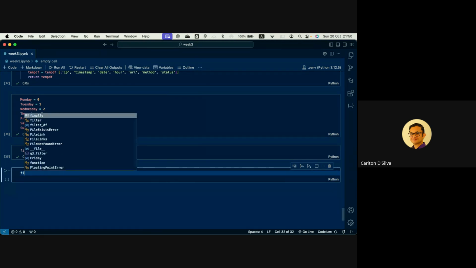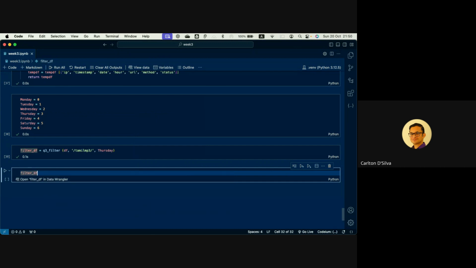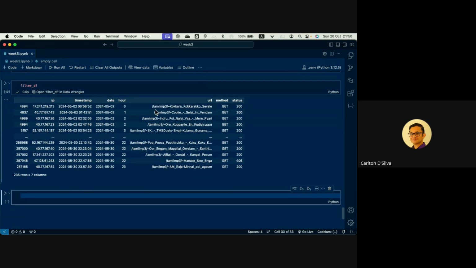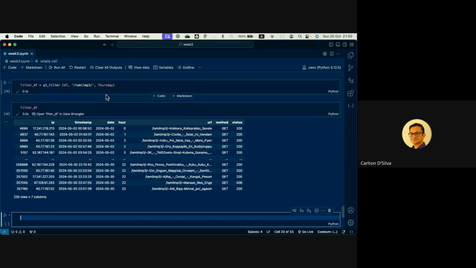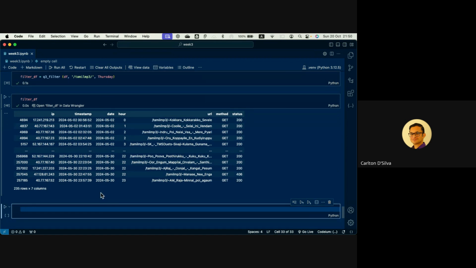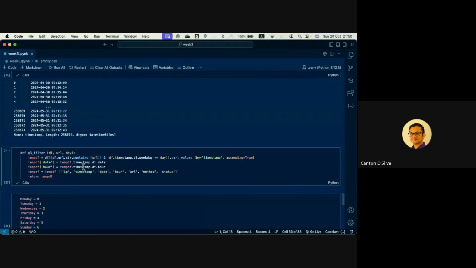And if we look at the filter DF, only 235 rows came. As you can see, they all have that Tamil in the URL. And then we wanted all Thursdays. If you look carefully here, it's going to have all Thursdays in there. We can verify it, that's not an issue, but just trust me, it has Thursdays, because that's what I'm doing here, right? I go through this and use this function: data frame dot timestamp dot date time, get me the weekday. So whatever weekday it is, if it is equal to that particular day, which in this case was Thursday,